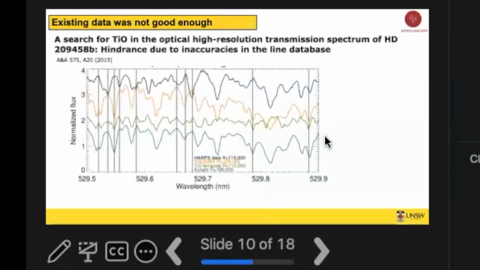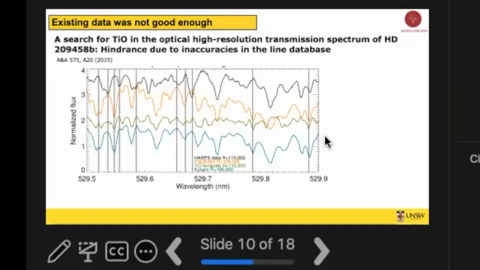So this is a paper that came out in 2015, which was literally, please get some data for TiO. And I've been to conferences where everyone was saying, we really need this TiO data. The reason they need that is you look at this really, really high resolution. The black is the observation of an M giant, where definitely TiO is out. And then the orange and the green and the blue are three models, and you can see they're useless. When the top one is up, the bottom ones are down. And then sometimes they just have peaks in different places for random reasons. And really, they were like, we cannot find titanium oxide because the line list data wasn't good enough.